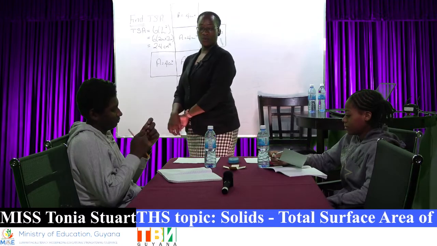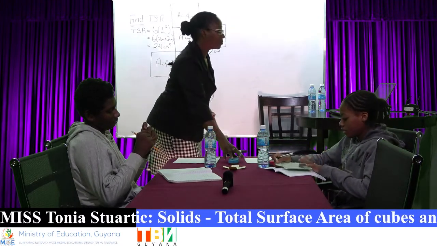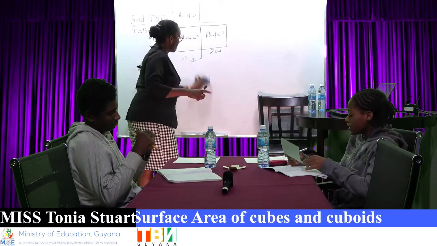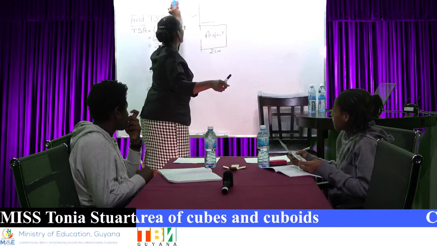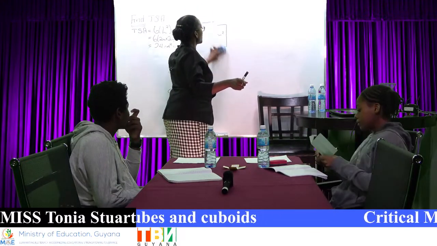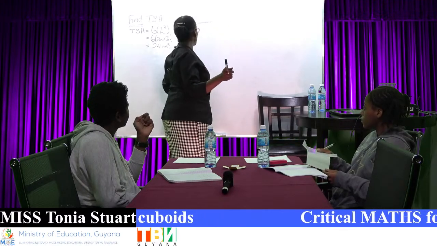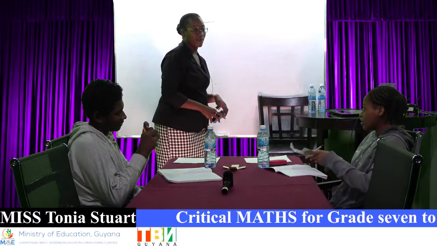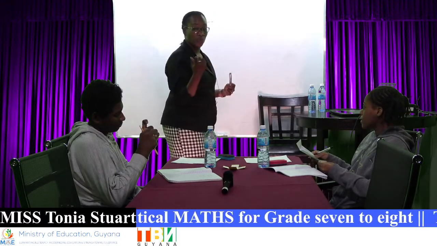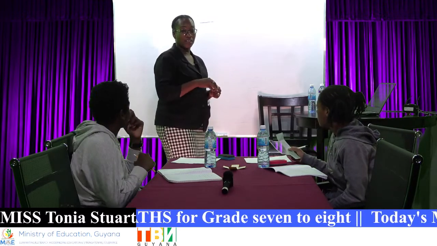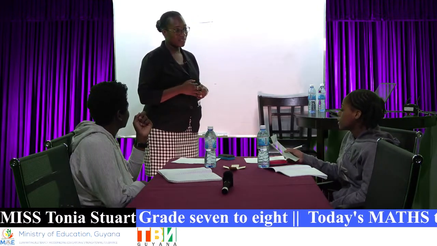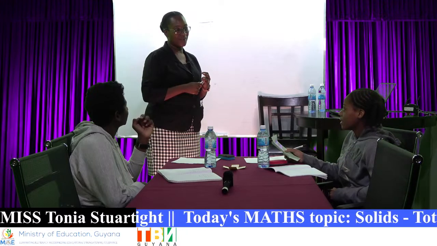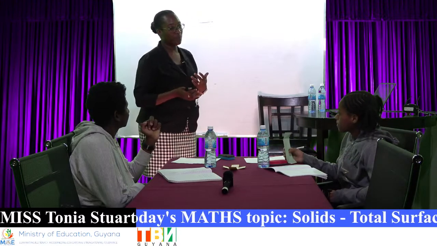Tell me about the shapes now. There are 4 rectangles. So if we to find the total surface area, what is one thing we need to know? The types of shapes. Good. And now that you know one of the type is? Rectangle. A rectangle. So we need to know what else about a rectangle to use to find the total surface area. Its area. Its area represented by the formula.